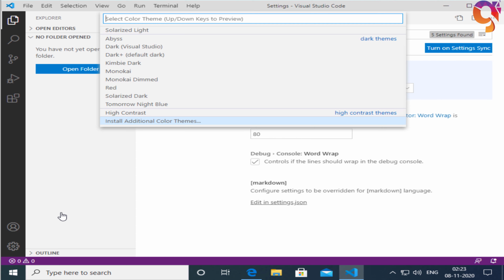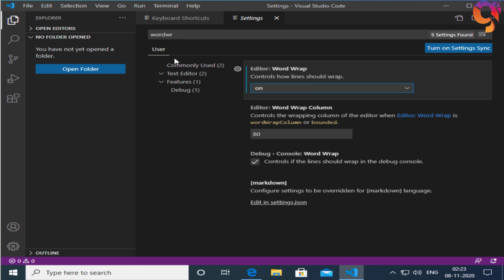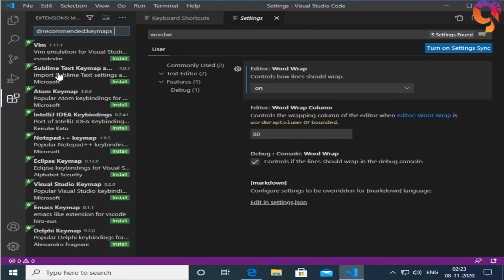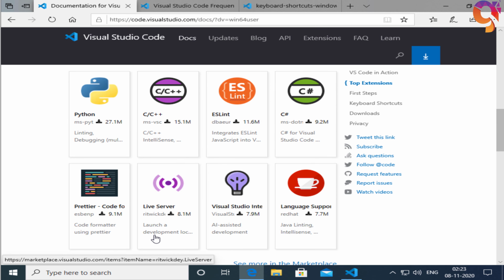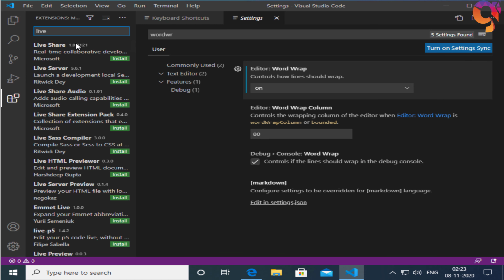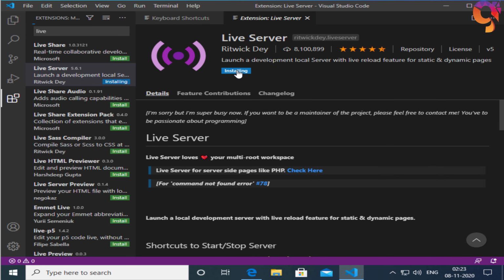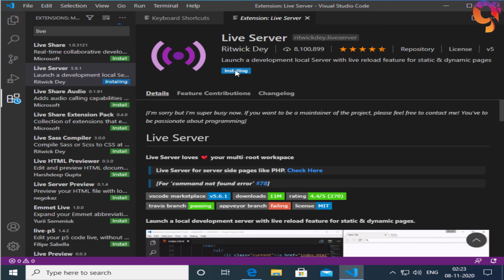So in the sidebar you go to extensions, and the first one that I would recommend is called Live Server. This one is really popular with over 4.5 million downloads. What this extension does is it sets up a local web server so that you can see the changes made in real time without having to reload. It's a must-have for web development.